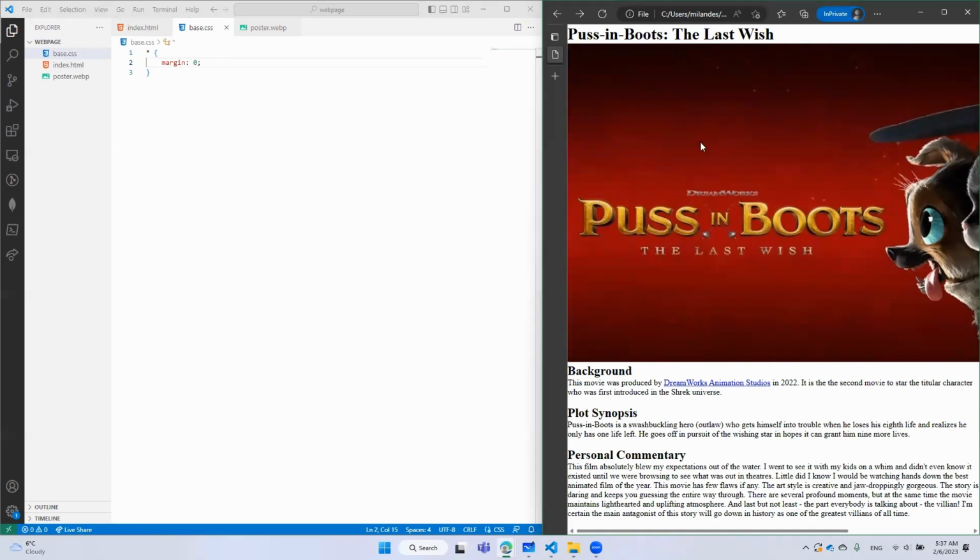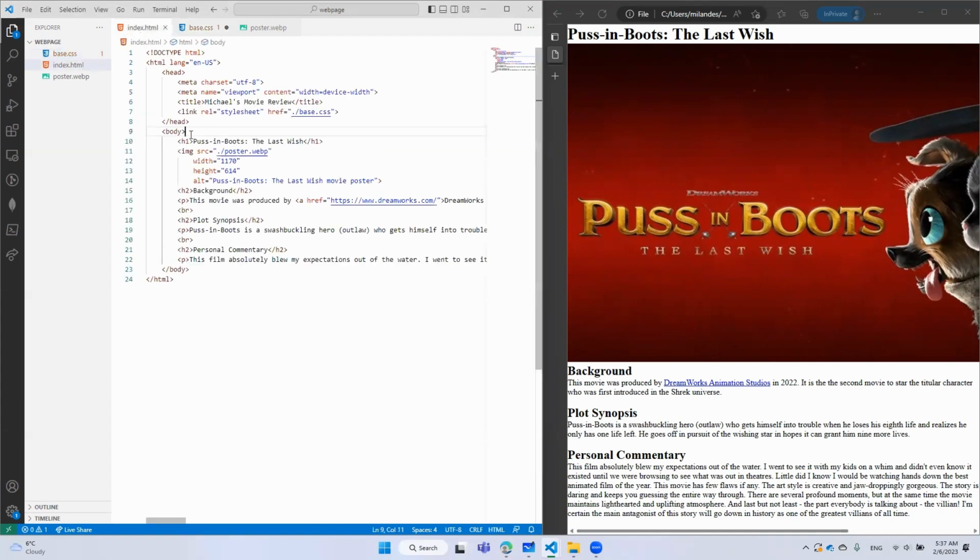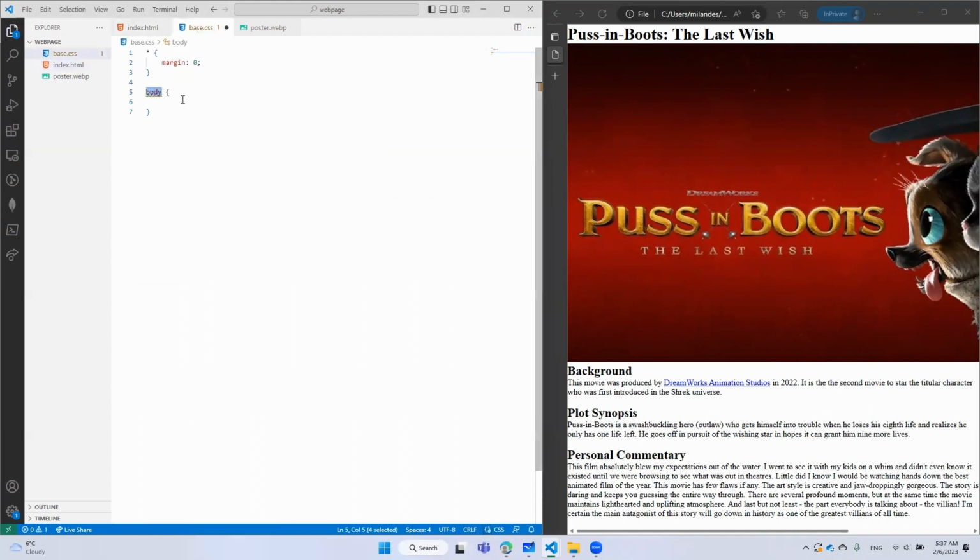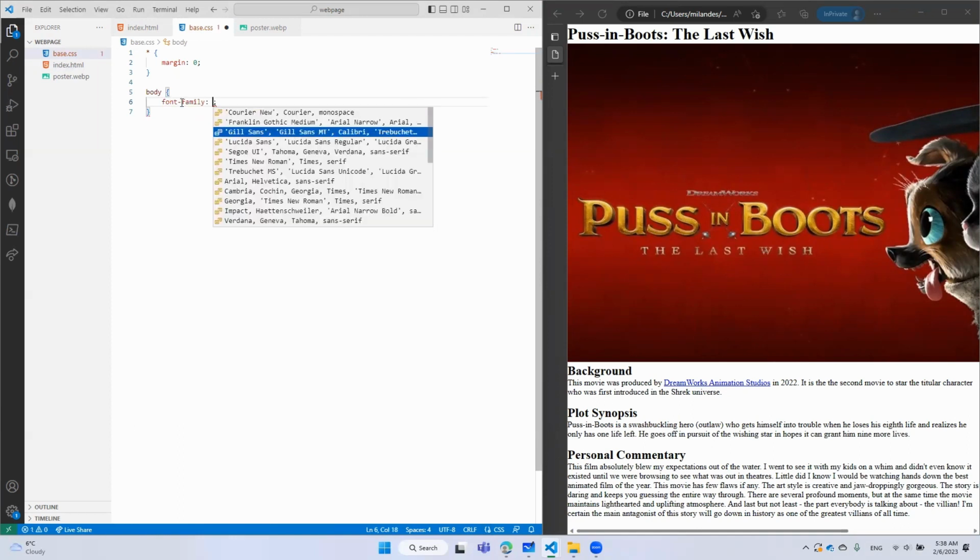Another thing I really don't like is the font. So I'm going to come down to, here's another identifier that you can use. I'm going to say body. So this will refer to everything inside of the HTML body. So remember, body is one of our tags. So everything inside of the HTML body, I'm going to set the font family, and then I'm just going to come down and choose,